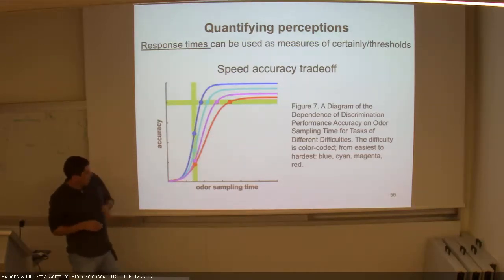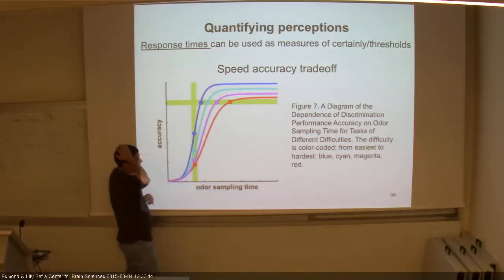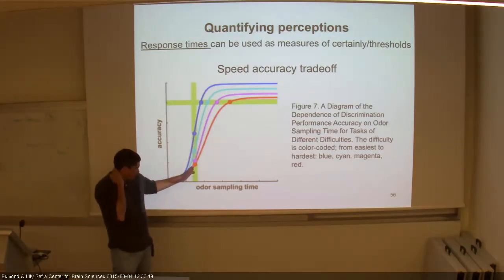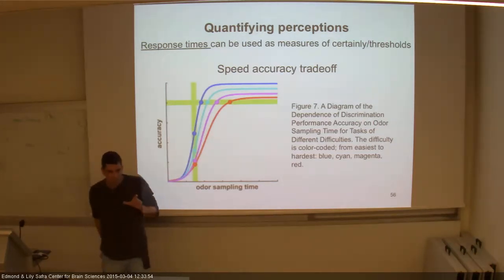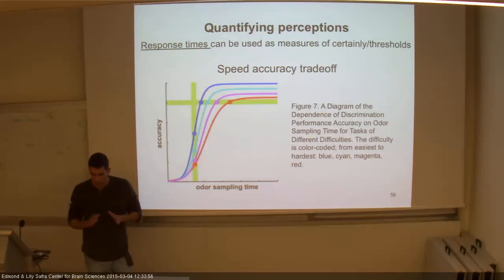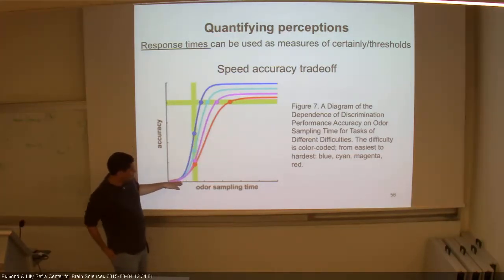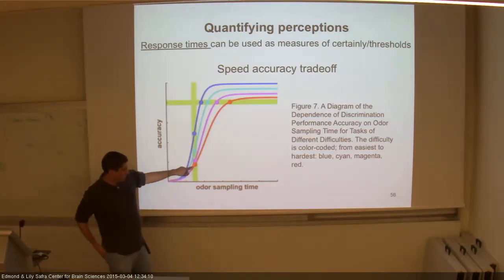And this is just one figure from one of those papers showing classical speed-accuracy trade-off relationship, and this can be calculated to say how much time it takes for the nervous system to discriminate one odor from another, one stimulus from another, and you can see how the tasks are shown here in red, for example, in the red curves. So if you look at the same time, it will be less accurate for hard tasks,